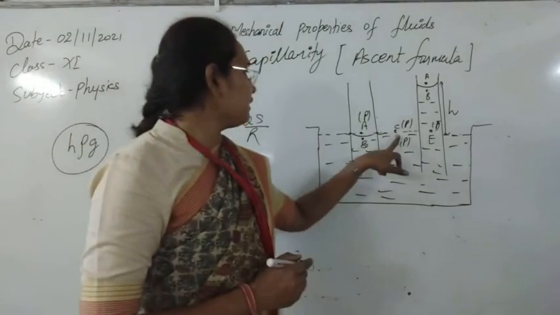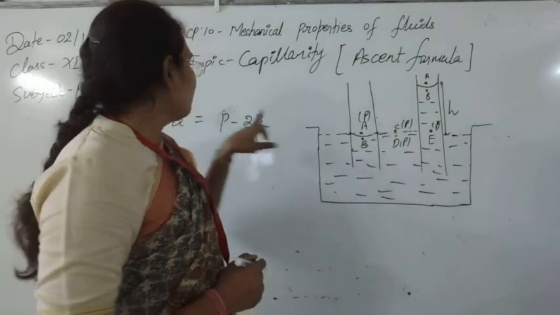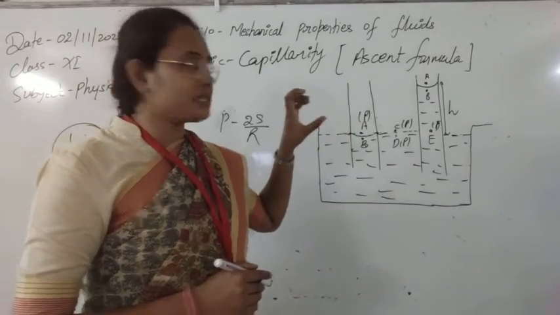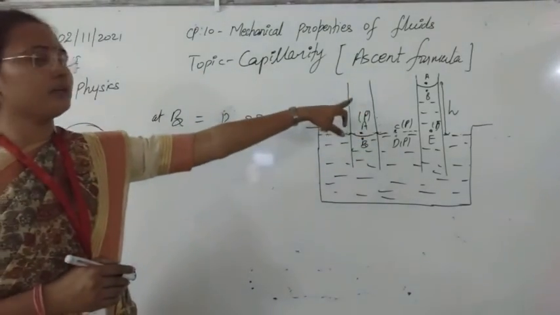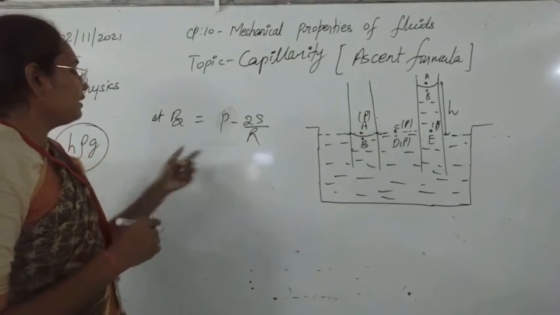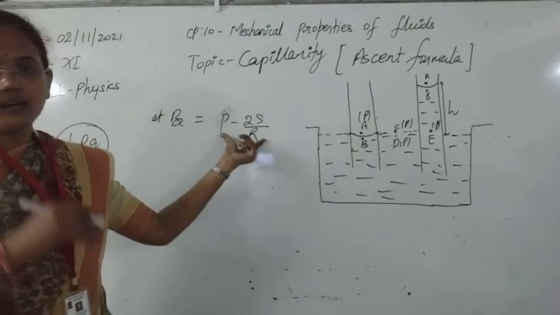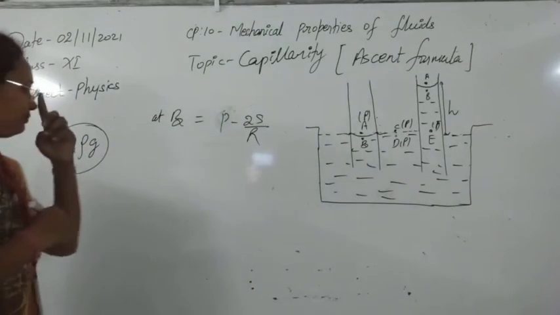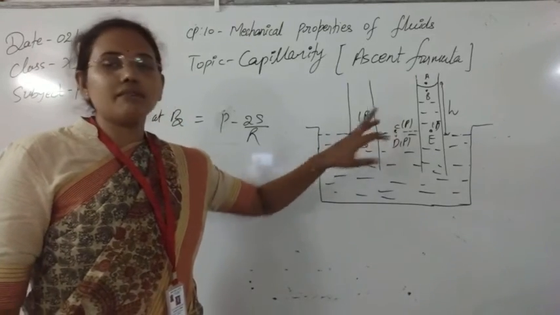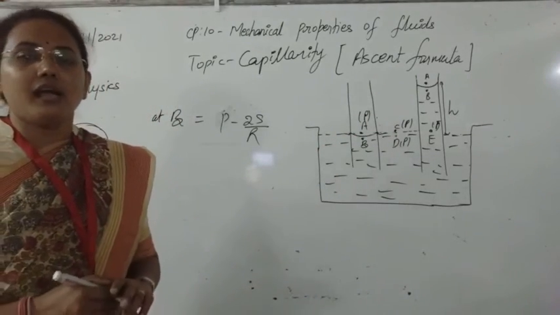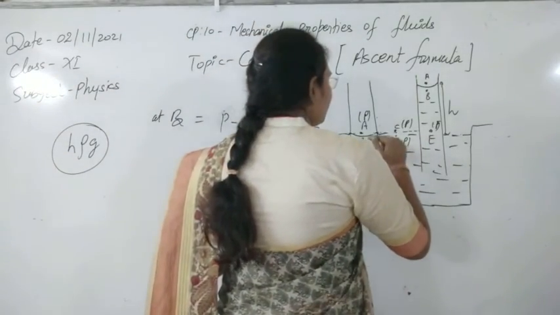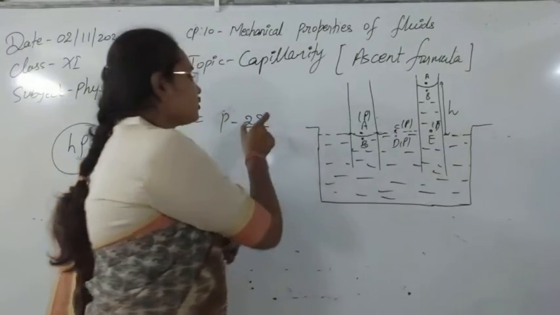But here we can see at point D it is equal to atmospheric pressure, but at point B, due to the liquid, there is excess pressure here because of the curvature formed by this kind of capillary dipping, that is P minus 2S by R. As pressure should be the same, the system will try to maintain this pressure. So to maintain it, it needs some extra pressure.